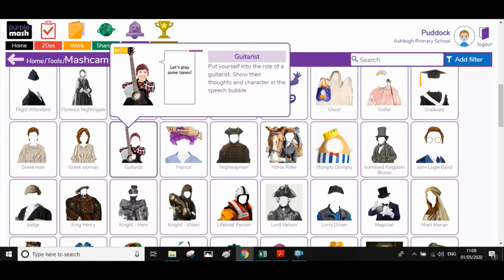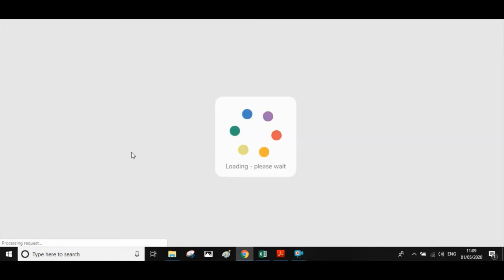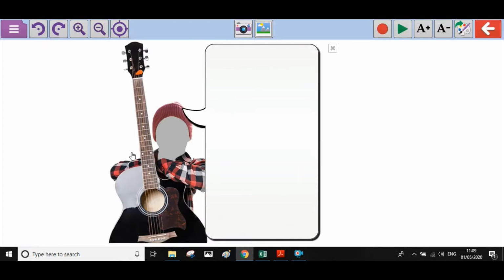What we do when we're doing the guitarist is we click on him, and it brings up an image without a face. So we can see that in this area we have a space. There's always a speech bubble, and the speech bubble is there for you to type any messages that you would like to type. So you might type in something like